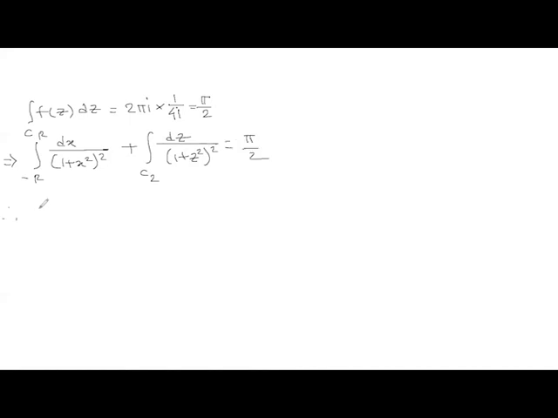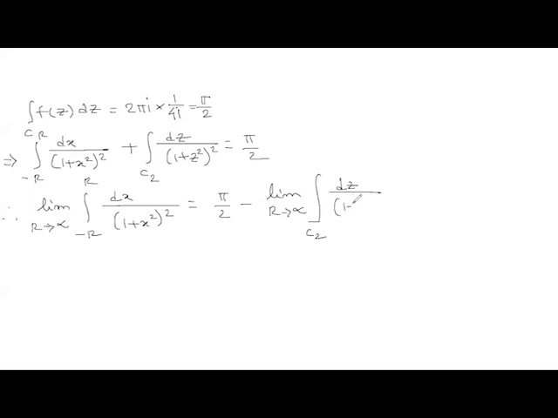So here we can see, if we take the limit as R tends to infinity, we are getting the integral from minus R to plus R of dx by (1 plus x square) whole square, which is equal to pi by 2 minus the limit as R tends to infinity of the integral over C2 of dz by (1 plus z square) whole square. So we have to find the contribution of this part. Now to find the contribution of this part, we'll utilize the ML inequality,